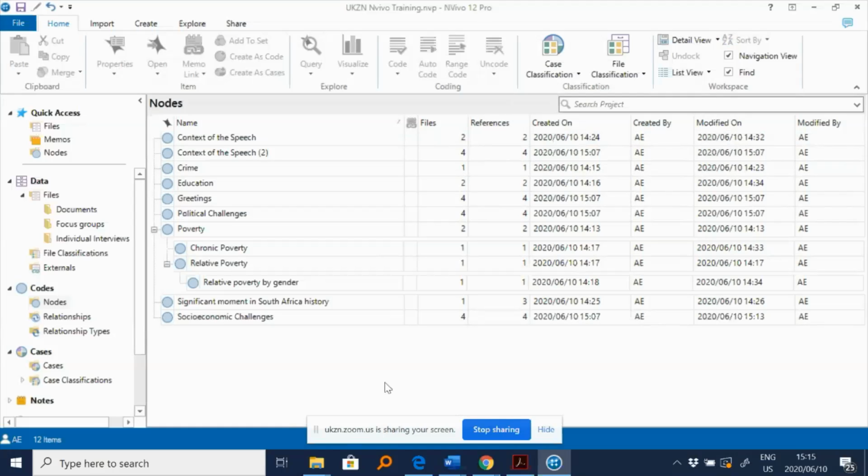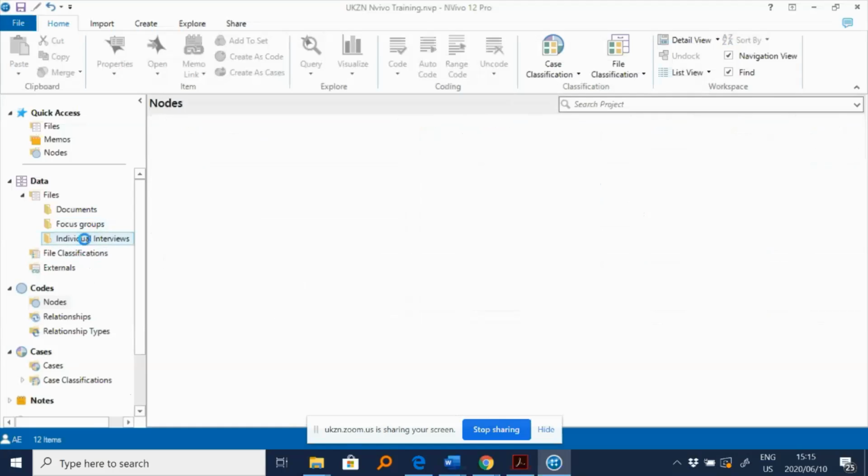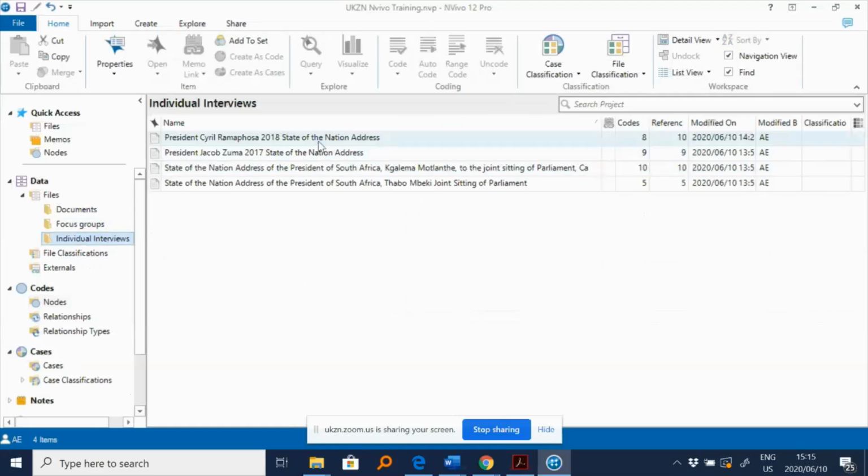But remember, to be able to use this function, you needed to have formatted your data using the paragraph style. I told you you can do that in NVIVO as well, and I'll quickly show you how that can be done. You come to your file,